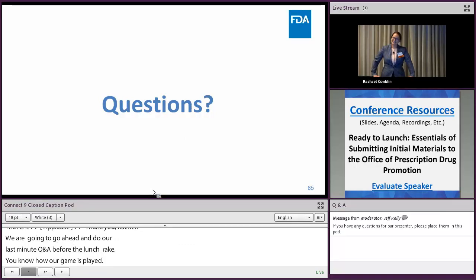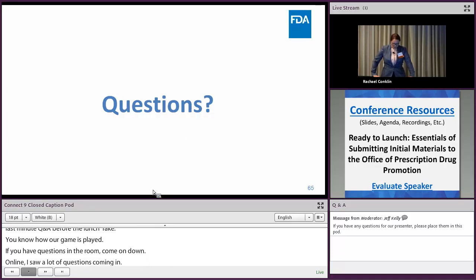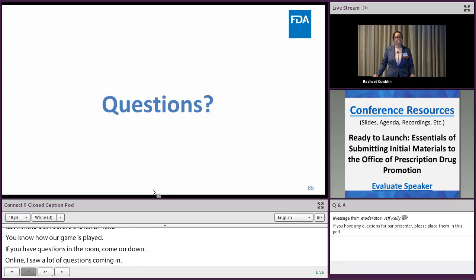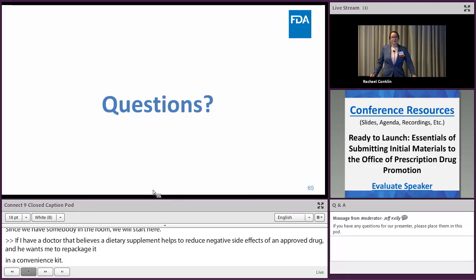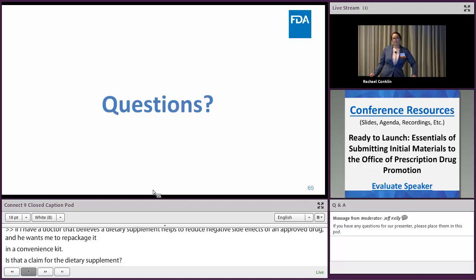I think I might have organized my question a little bit better. If I have, for instance, a doctor that believes that a dietary supplement helps to reduce the negative side effects of an approved drug, and he wants me to repackage that in a convenience kit, is that, for one, a claim for the dietary supplement? And two, could I then market that as different labeling in that kit saying that it would reduce negative side effects of said approved drug? Does that make sense? Right. So